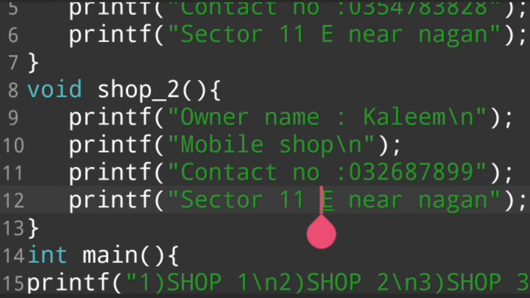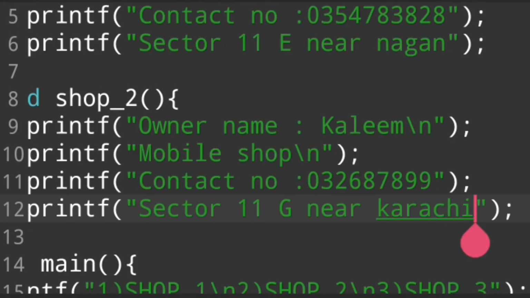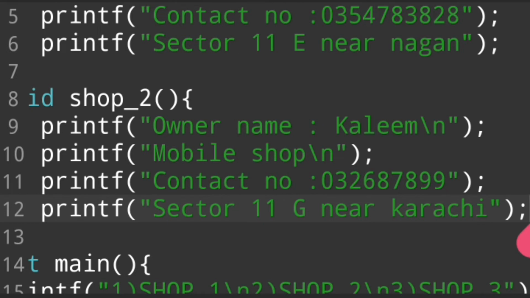And then we say Kaleem's shop is held in sector 11, near sector D. We say sector F, near, for example, near Karachi. We write only this program for understanding purposes.